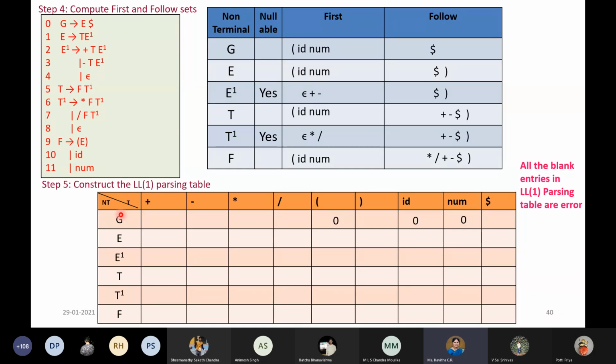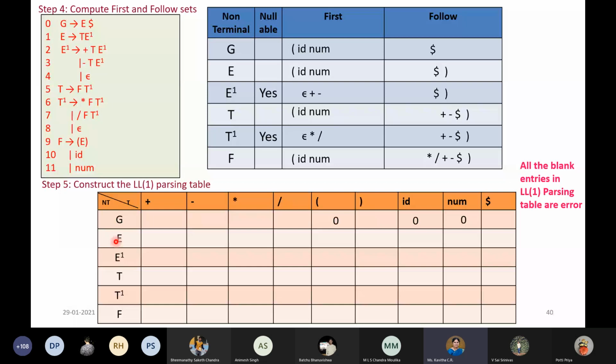If it is a wrong string, then maybe you will encounter it while parsing. But a wrong string means it is not accepted in the language either, so it has to be an error. If it is in the grammar, then it will be in the language, and the parsing will be successful. Otherwise, it will go to error. So all these blank entries will be errors.